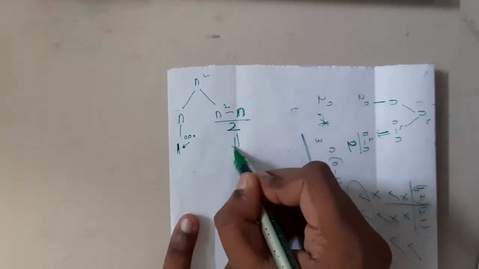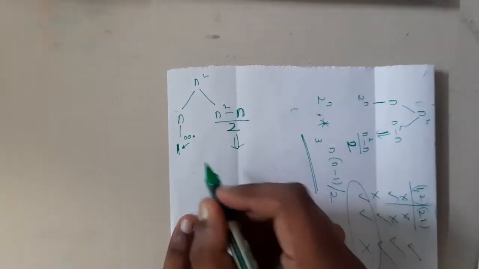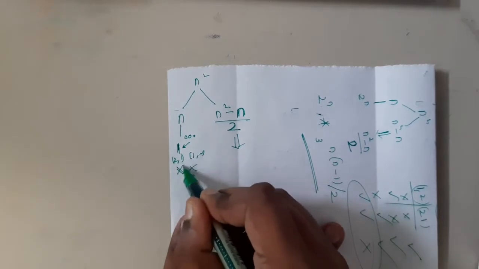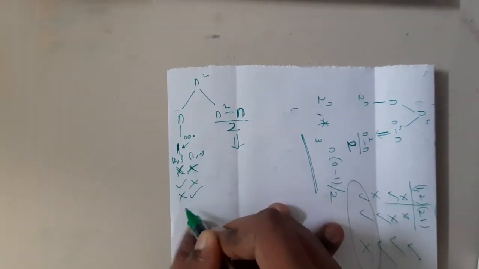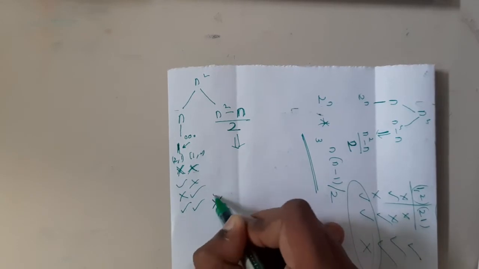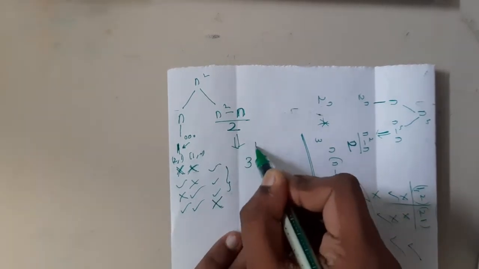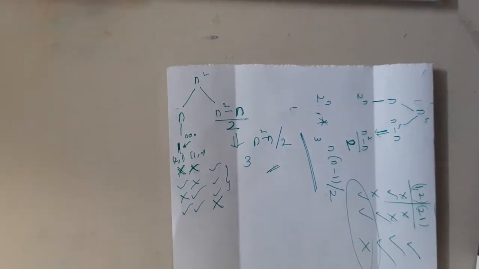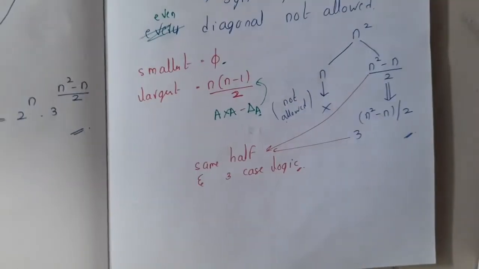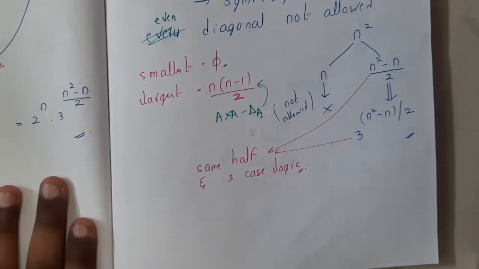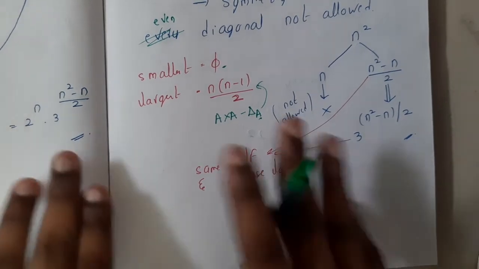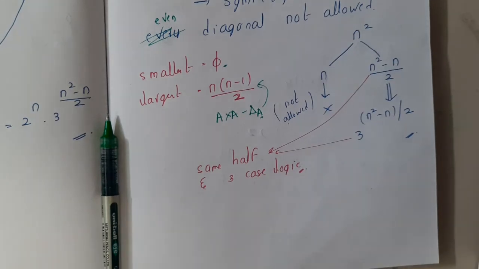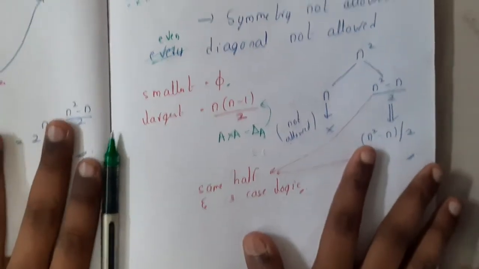When it comes to here, again we are having 3 cases, right? Both of them might be absent, like 2 comma 1 and 1 comma 2. Any one of them could be absent. If both of them are present, it's not valid, right? So in the rest of the 3 cases we'll approve. So indirectly it is nothing but 3 power (n square minus n) by 2. Got it? So this is the final formula for asymmetric, guys. It's quite interesting and easy, right? Till now, before watching these 3 lectures, most of the students would be confused between symmetric, asymmetric and antisymmetric. But hopefully now I have cleared your doubts. I hope everyone got a clear idea about this.